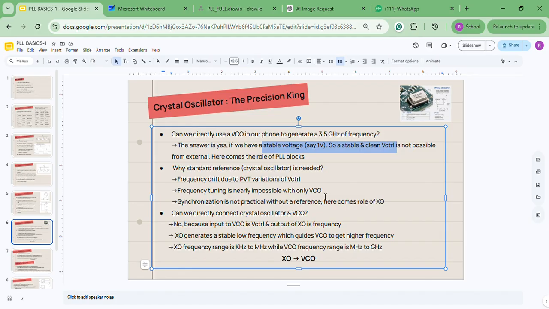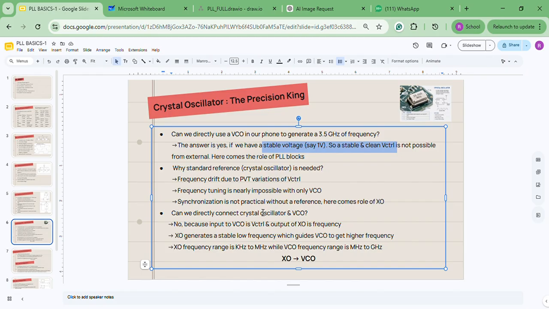Then frequency tuning is not possible with only a VCO. A VCO will always generate a single oscillation frequency, but in our practical RF application, we need to tune the frequency depending on our applications. Another demerit will be synchronization. Synchronization with the reference